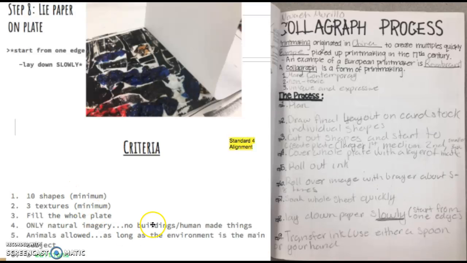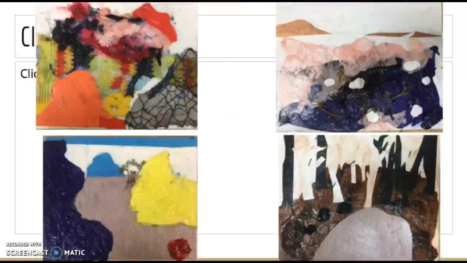Here's the criteria. Students knew that from the beginning. We talked about what is a texture. Most of them knew, so that wasn't much of an issue. But they had to have 10 shapes minimum for their plates. Here's an example of a few plates that students made. We spent a whole day